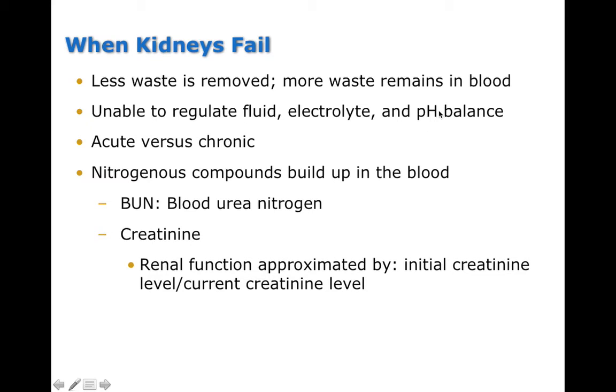electrolyte, and pH balance. So if your kidneys are failing, you get fluid accumulation, which can lead to things like hypertension. We see electrolyte imbalances with kidney failure as well, like through the accumulation of sodium and potassium and other ions. And then pH imbalances can result, because we know that the kidneys are the third line of defense, and they're going to be involved with getting rid of things like metabolic acids, but also helping to regulate blood pH long term. So if the kidneys are failing, you can see pH imbalances,